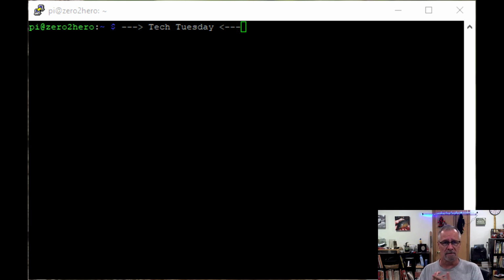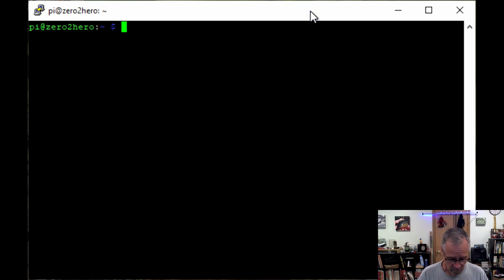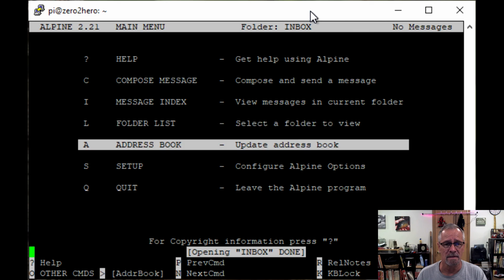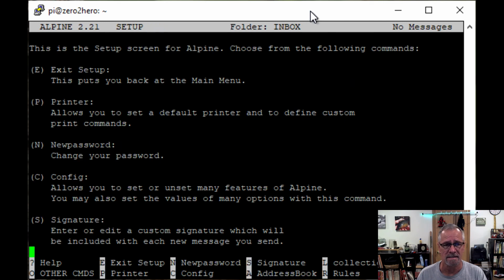We could do just conventional email. Conventional email could be done by a plain text interface called Alpine. Some of you might recognize this if you've been around for a while. Alpine used to be called Pine. Right now this one is not configured, it's just installed,